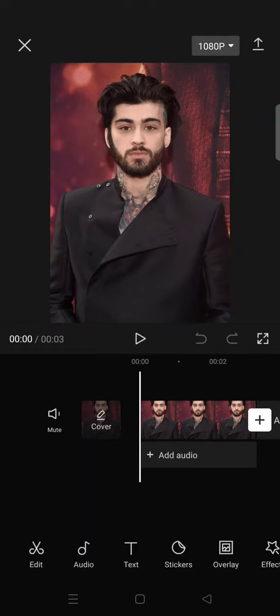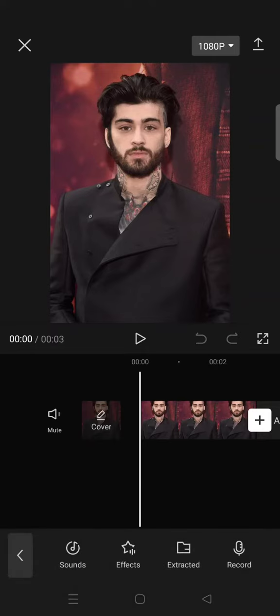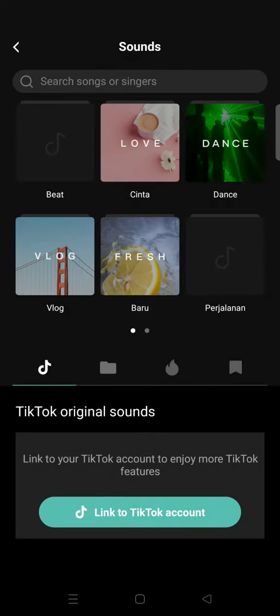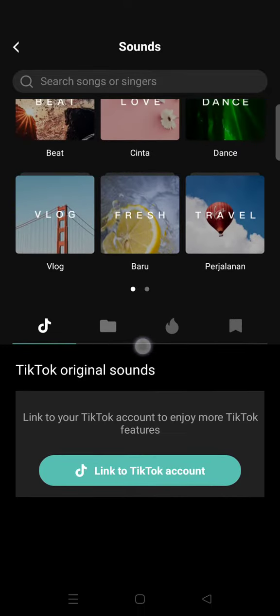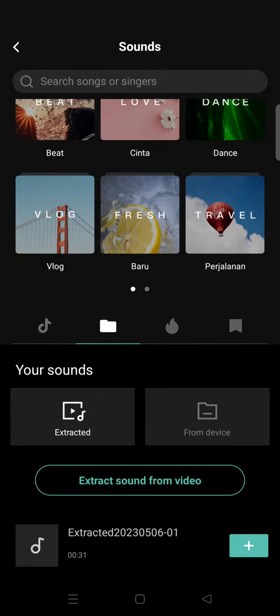So in today's video I'm gonna show you how you can add music from files or from your library to CapCut. So here I've already opened CapCut, and to add the music you can just start by clicking on the audio menu at the bottom, then click on the sounds option, and here click on the folder icon to find the music in your